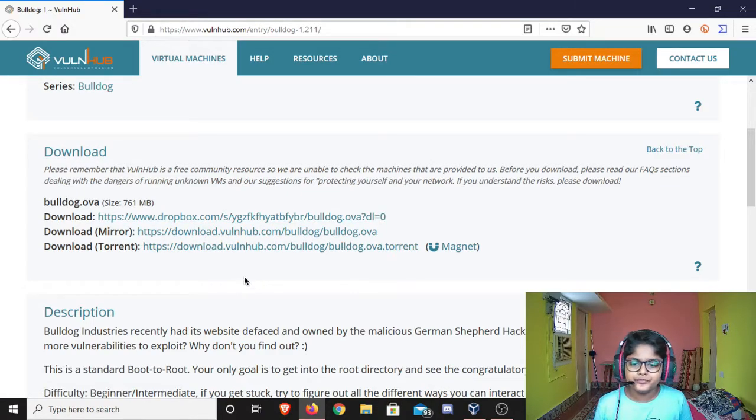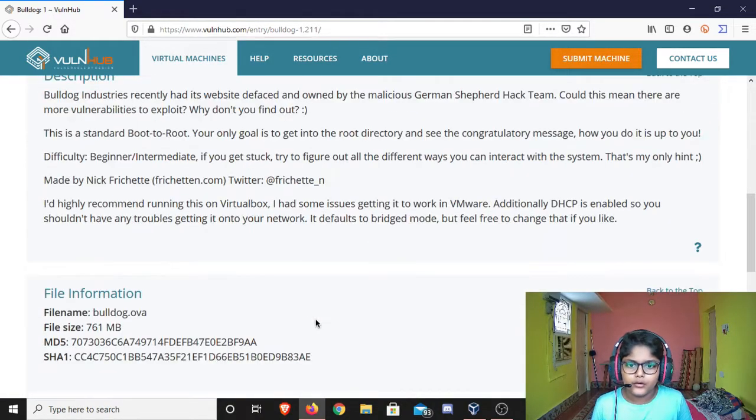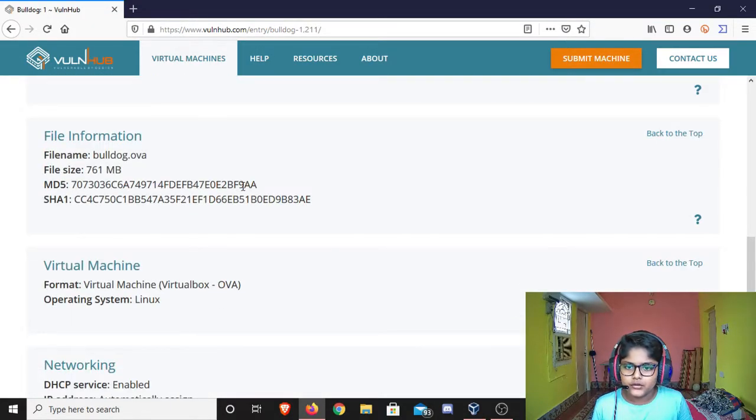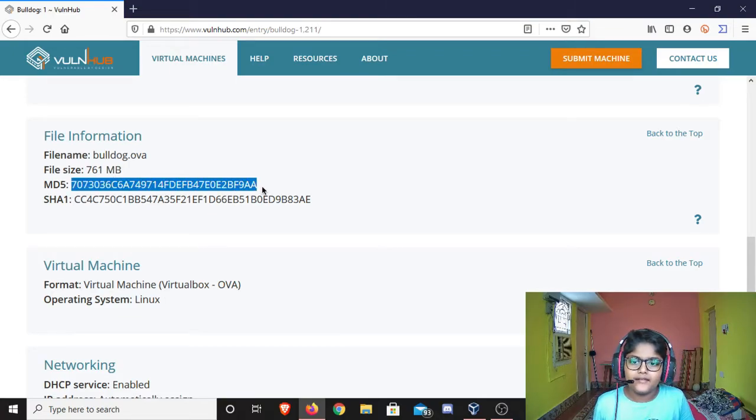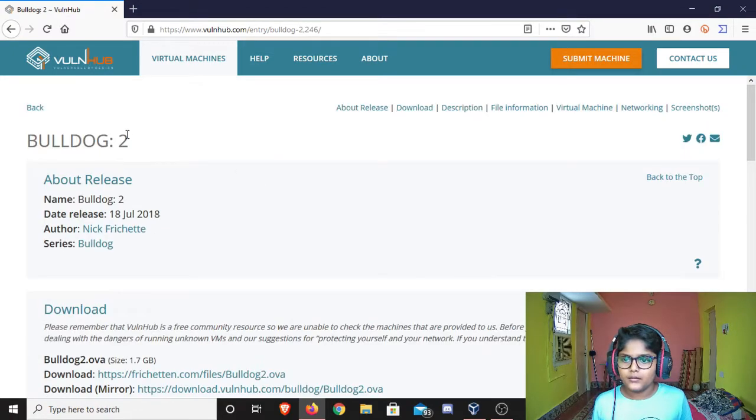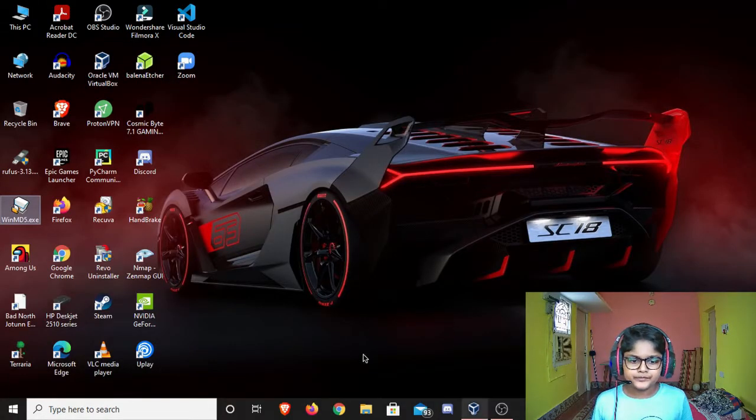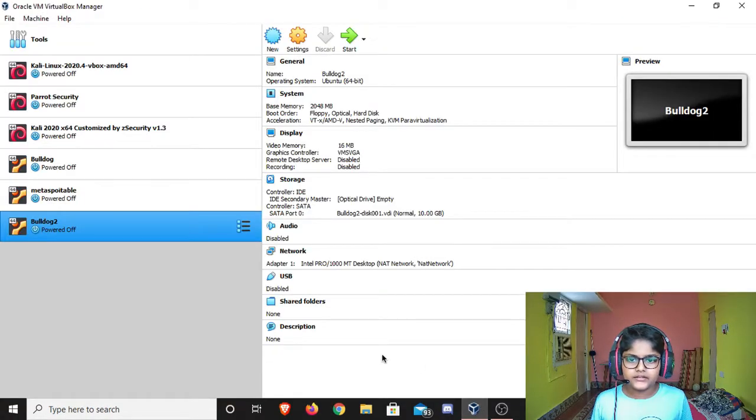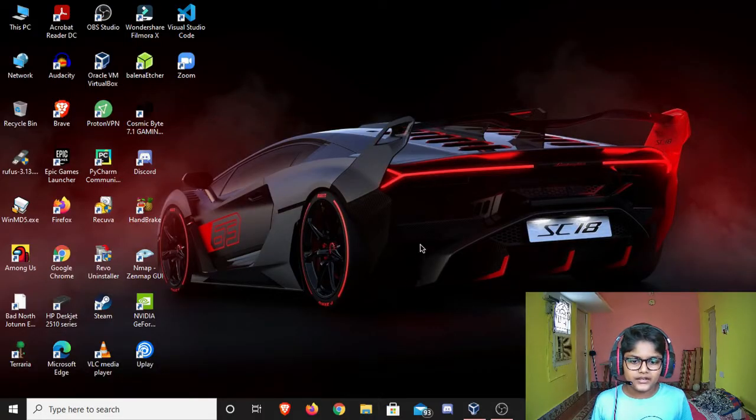And if you are a torrent lover, you can download from torrent, and this is the hash. Please make sure you compare them, so that you are making the right download, or else it might be a malware attached file. So after downloading Bulldog 1, you need to take the image and just double click it, the OVA extension,